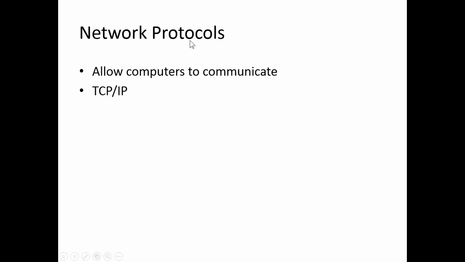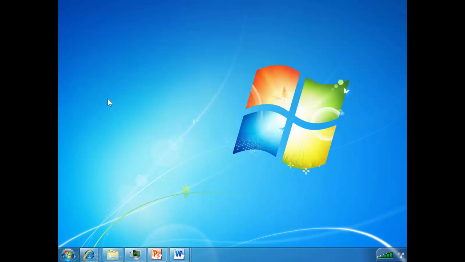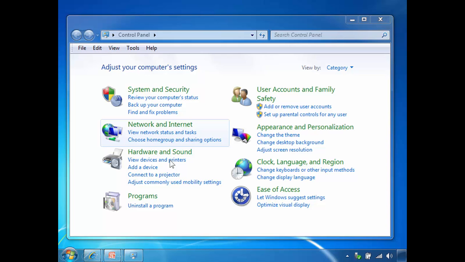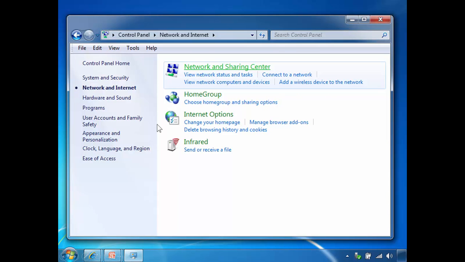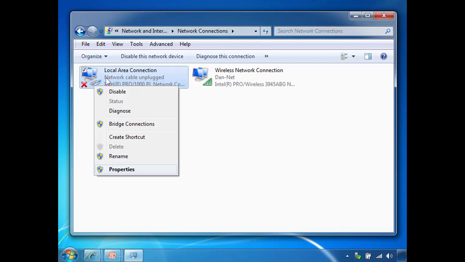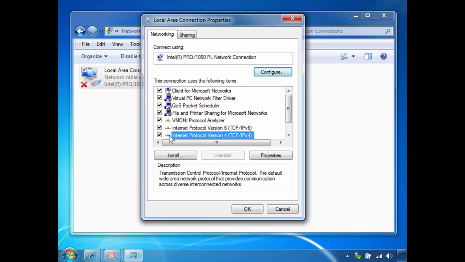Networking protocols. A network protocol is a piece of software that allows computers to communicate, and TCP/IP is the most commonly used network protocol. Let's look at TCP/IP. If we go to our workstation and click on Start, and then select Control Panel, and then Network and Internet, and then Network and Sharing Center, on the left we can click on Change Adapter Settings, and if I select my network interface card, right-click and select Properties, we can see there it is, the TCP/IP protocol,